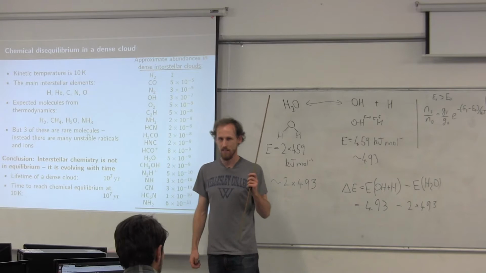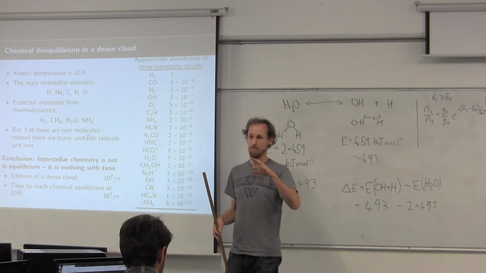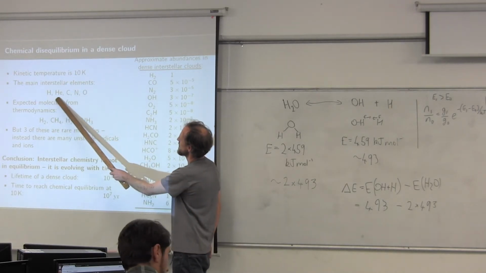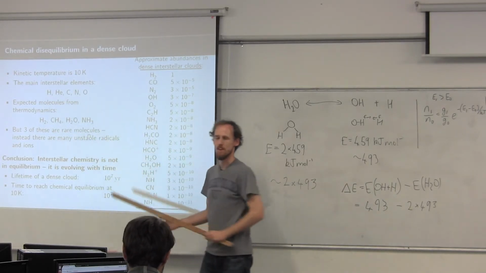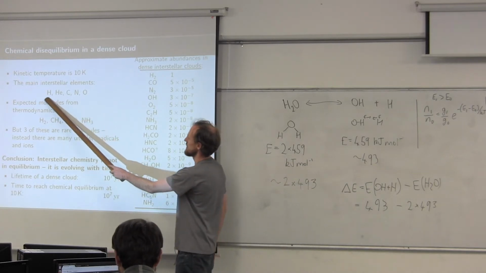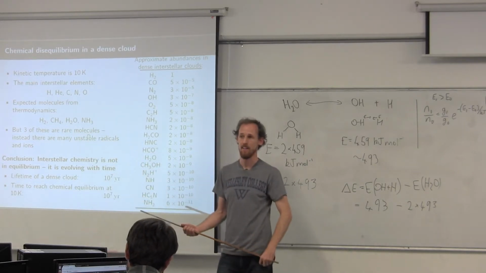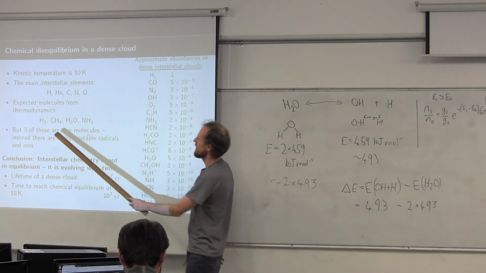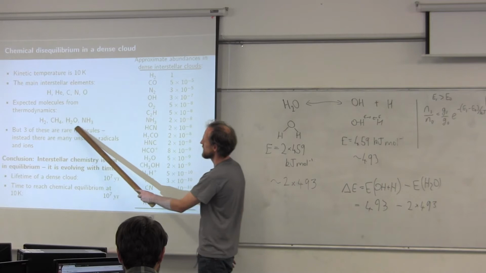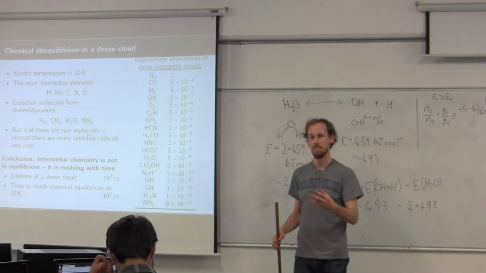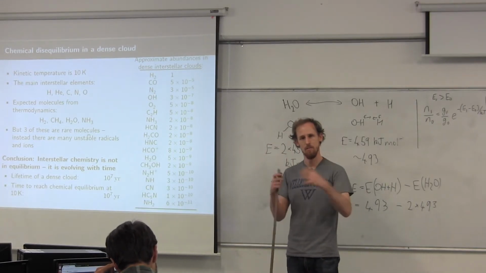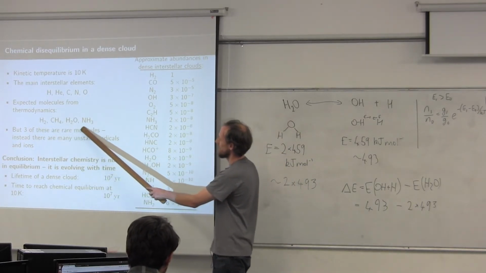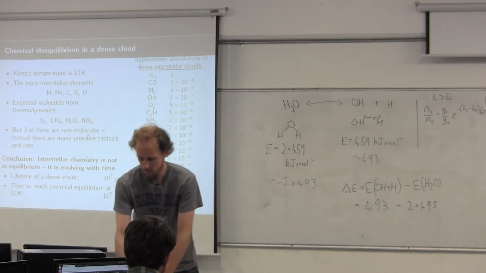Because the final conclusion of that, coming back to interstellar space, where the temperature is 10 Kelvin, and where these are the only elements that you really have of any significant number, and most of them are hydrogen, and helium isn't chemically important because it's a noble gas, it doesn't react with very much. Then if you combine all the molecules together to make the most number of bonds, our idea is at low temperatures, if you form a bond, you won't be able to break it again. And you combine them all together, this is what you get. And the reason you get these kind of molecules is